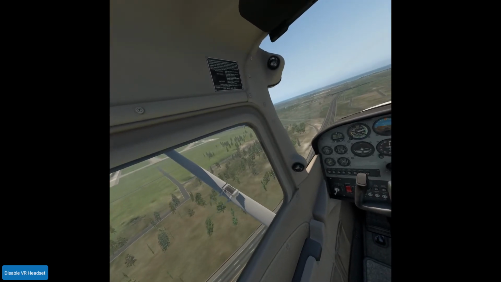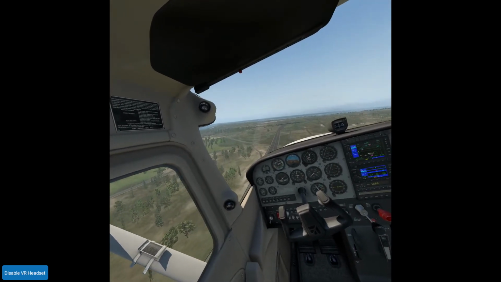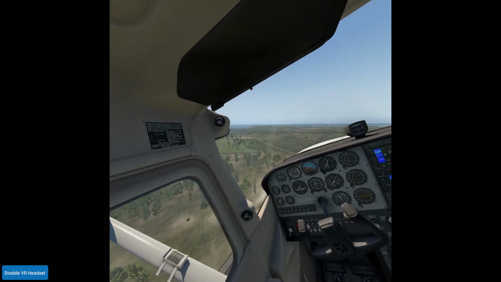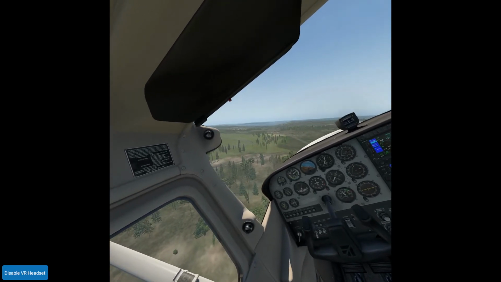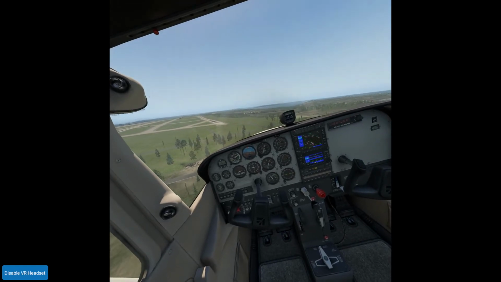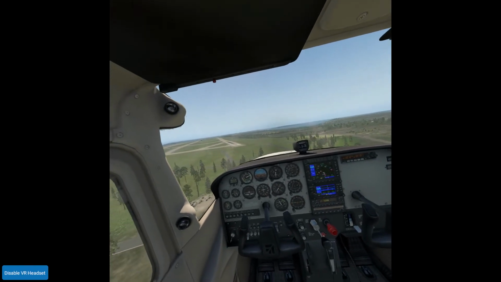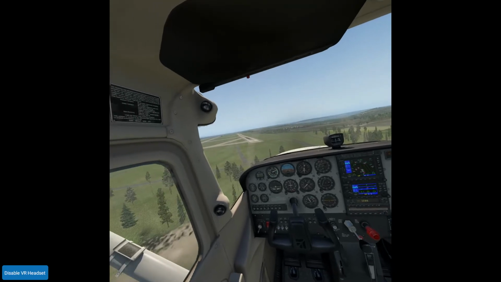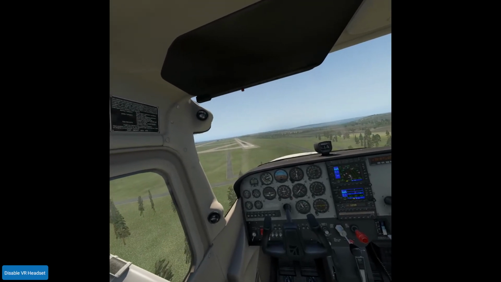November 146 Charlie Hotel is turning final runway 16 right. SeaTac. Did I hit more than a 30-degree bank? I don't really know what the weather is because I haven't checked it. But